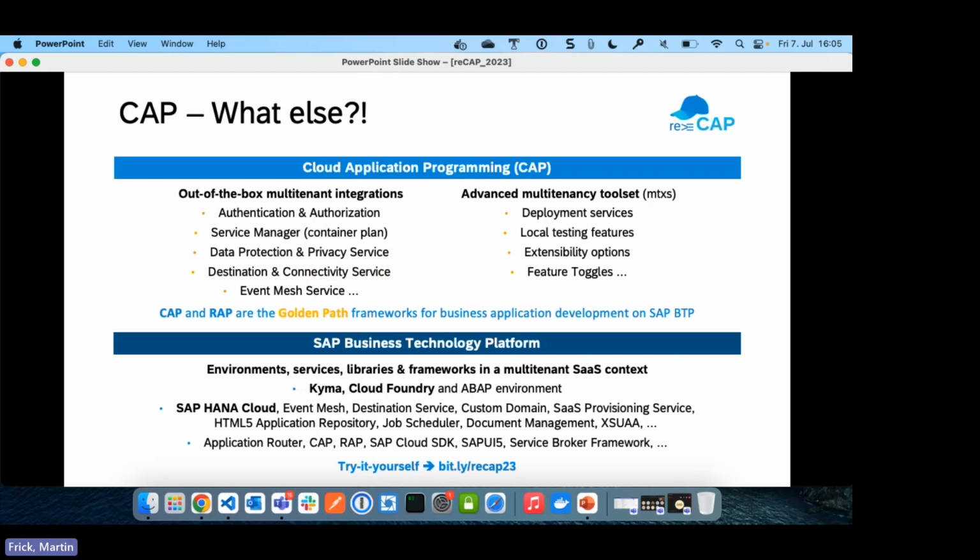CAP, just very brief, like why CAP in the case? CAP is, at least internally, we have the golden path, and I think that's also rolled out anytime soon, set as like the frameworks, CAP and RAP, for building business applications on BTP. And therefore, CAP has out-of-the-box support for multi-tenant scenarios. So most of the